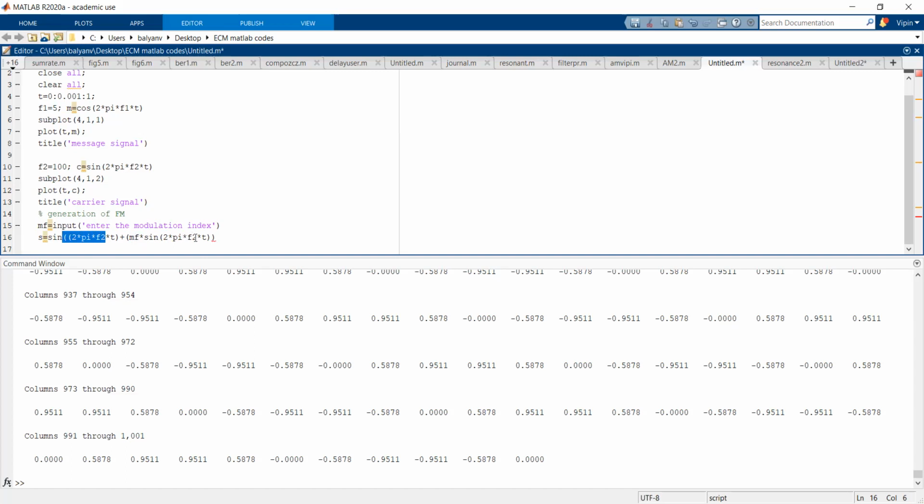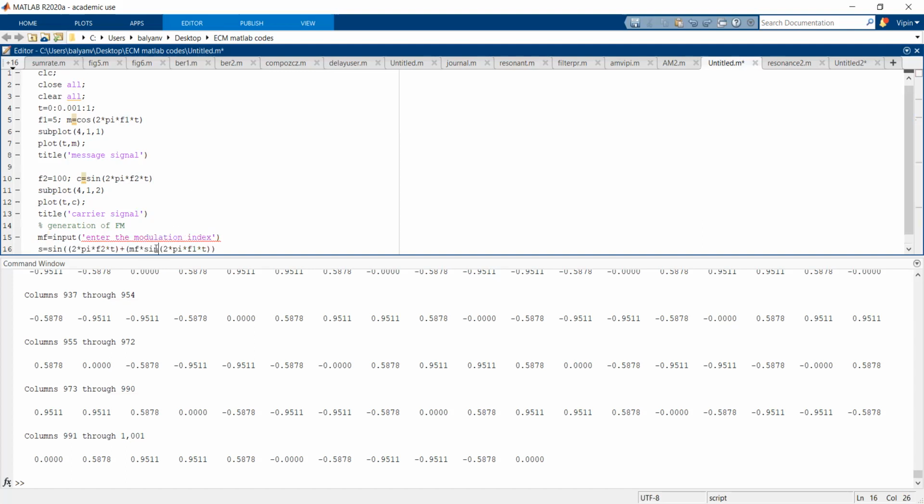Now I need to bring here my message signal, the first signal, cos, sorry. So we have to change it to cos 2 pi f1 t. Okay, then we close all the brackets. Then we do